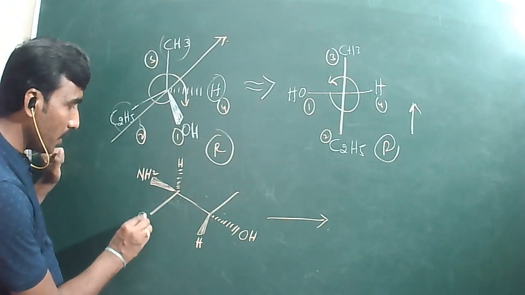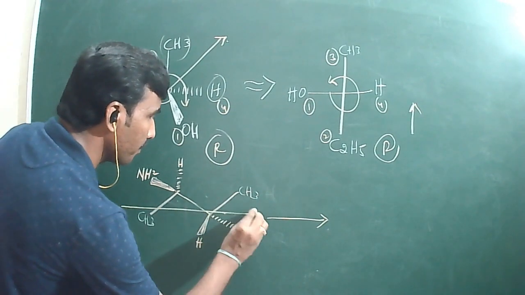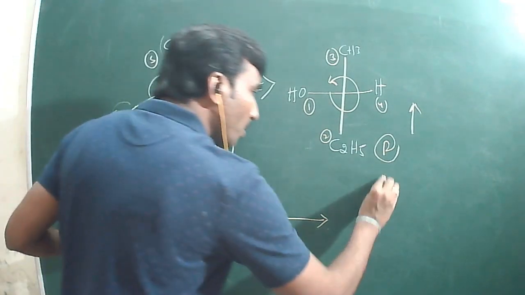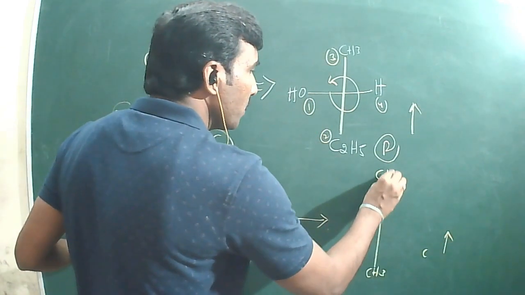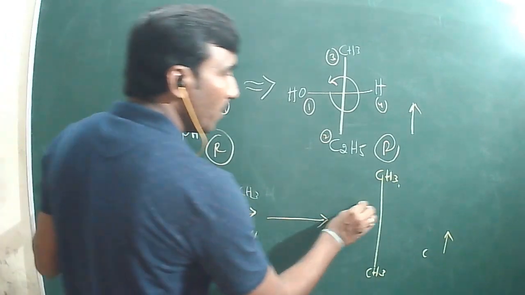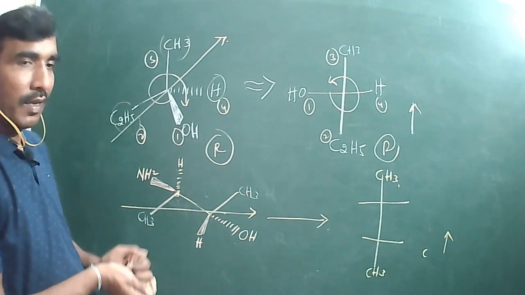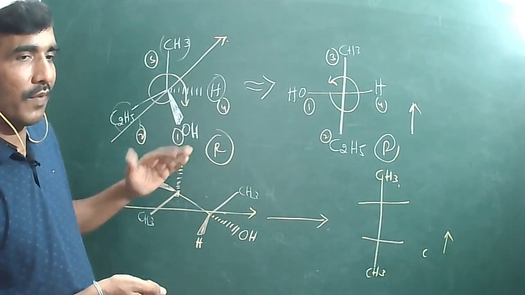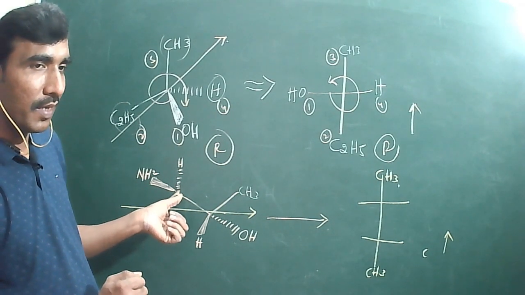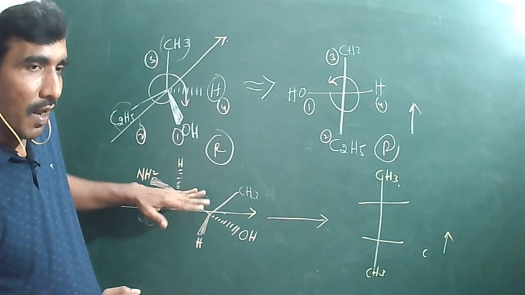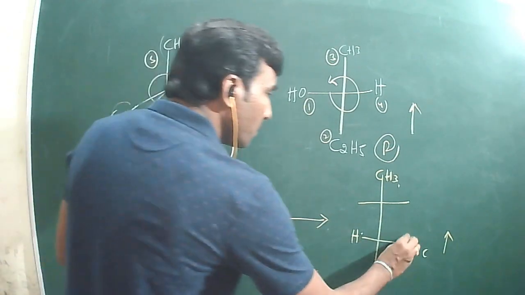Now my journey is starting from one methyl to another methyl in this direction. First, you write like this, always bottom to top. You are starting from here and you are reaching there. How many chiral centers are you getting? 2 chiral centers. So you stop at this chiral center and you search for the dotted line. Where do you get the dotted line? Left hand side or right hand side? Right hand side. Is it right hand side? Here I have stopped here. Left hand side, no. Left hand side hydrogen and right hand side NH2.